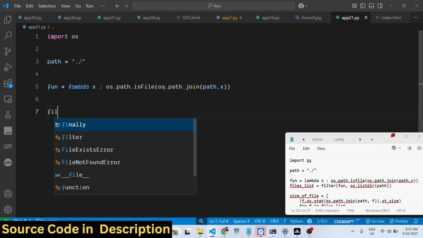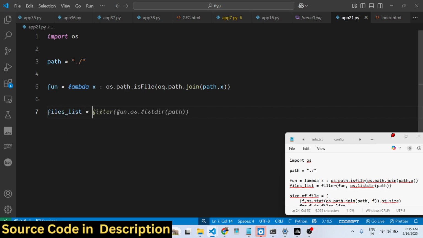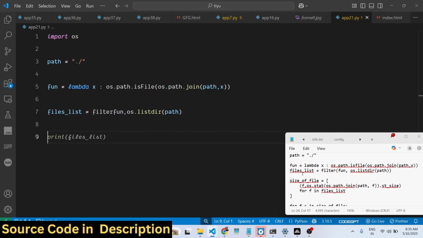So after that we will get the list of files. We will filter it using this lambda function, list directory, which will list out all the files for us. So after getting the list of files, we will simply